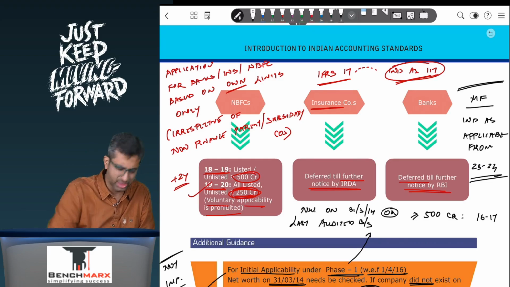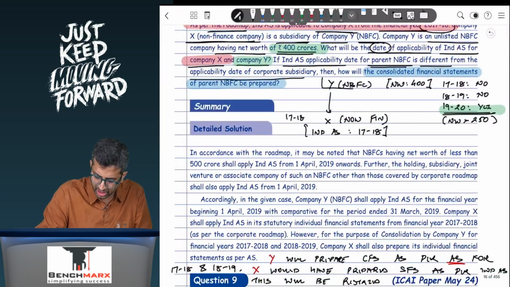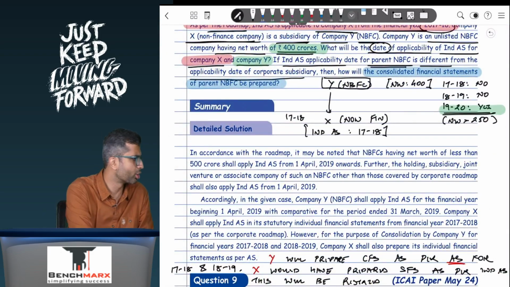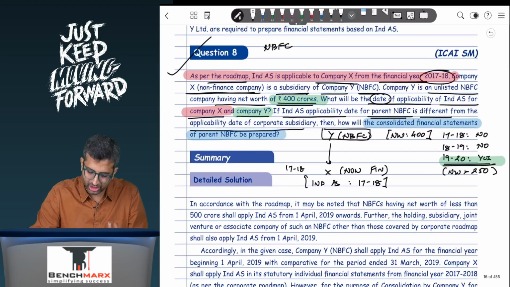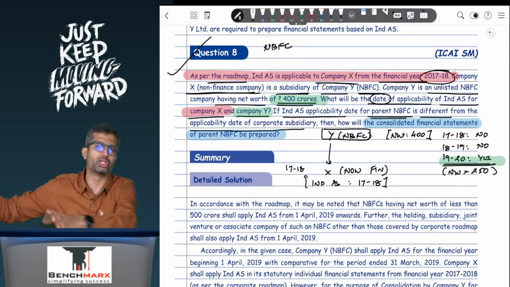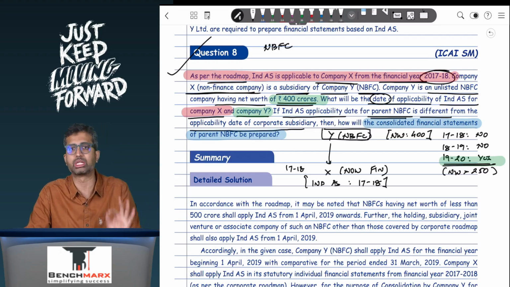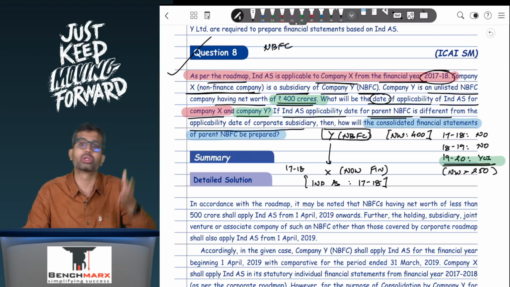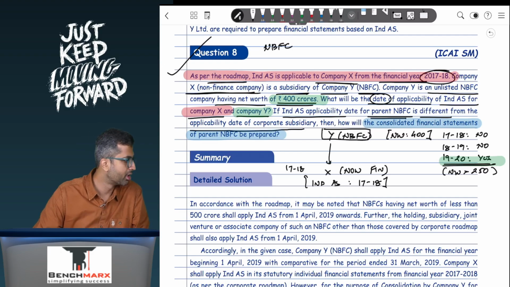What if the parent was NBFC? I think the parent itself is NBFC. In this sum, the parent itself is an NBFC. I did not understand your question. To apply Ind AS, we check net worth on, how will we know net worth on? I'm saying this is on the assumption that your net worth remains the same. We have been told that this is the net worth. I'm saying the 400 crores net worth will continue to remain the same. And obviously, you will check the net worth as on 31st March 2019. And we are assuming the net worth on 31st March 19 was 400 crores or 250 crores or above. Okay,